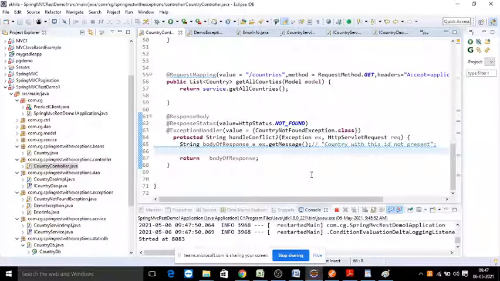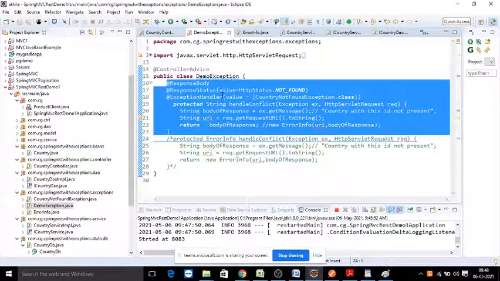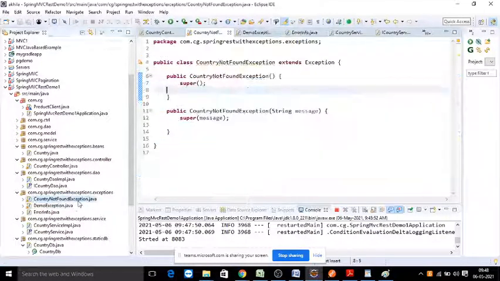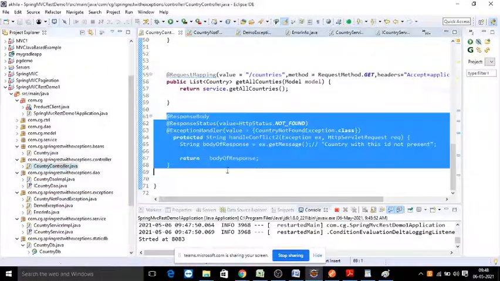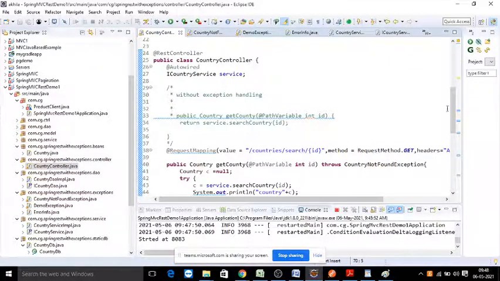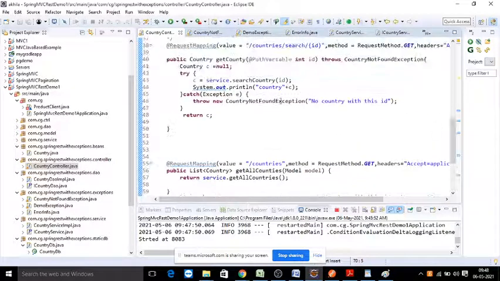Custom exception is mandatory, right? That is compulsory for both cases. If you write it here, the execution-wise effect is the same, but only this current class can access it, can throw the exception. But if you write it in a separate class, the advantage is multiple controllers can throw the same exception. That is the only difference. But creating a custom exception is mandatory in every case. Without writing a class, how can you throw that exception? How can we raise the exception? Unless we have it, we cannot throw that exception. To throw, we need a class. This is mandatory every time.